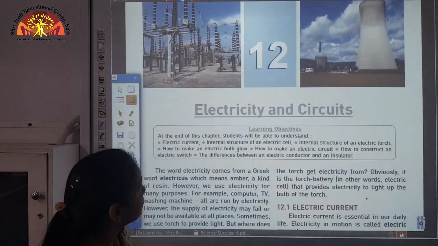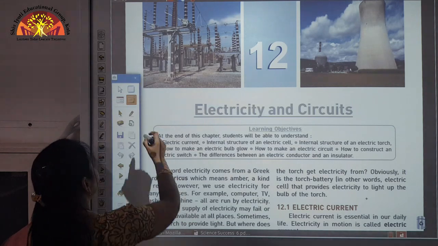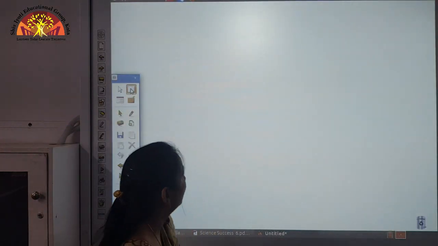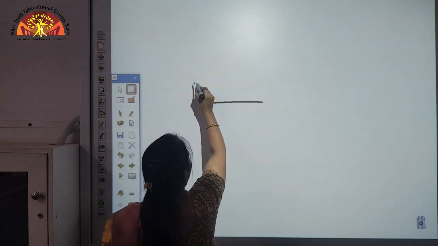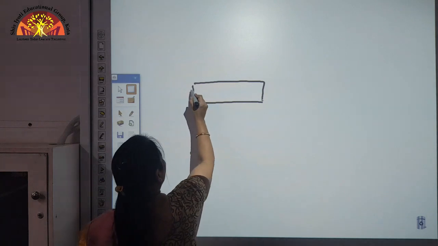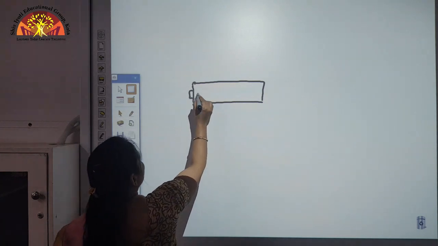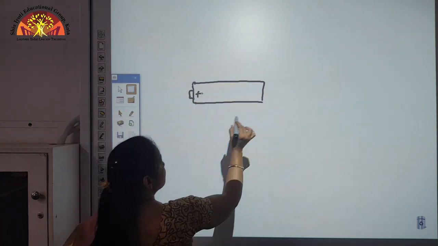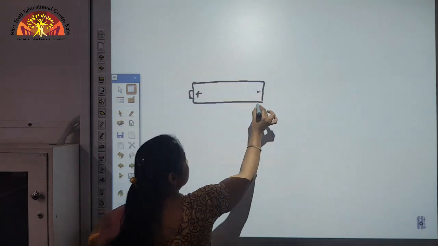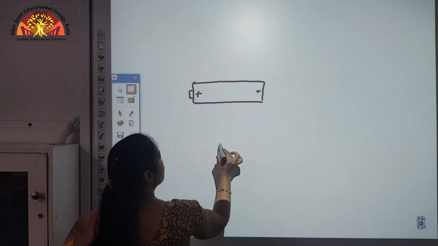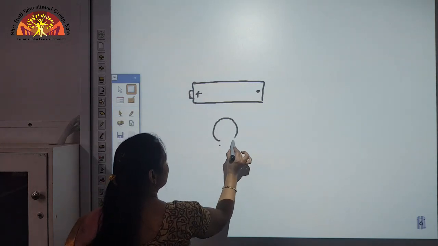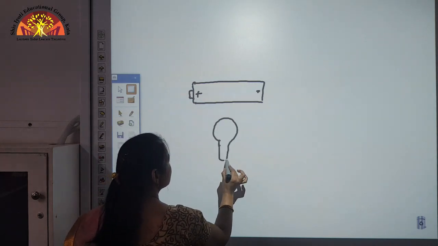Now let us understand it like this. Here children, I have a cell, and this is the positive terminal of the cell, this is the negative terminal of the cell. And if I connect it to a bulb, this is my bulb.